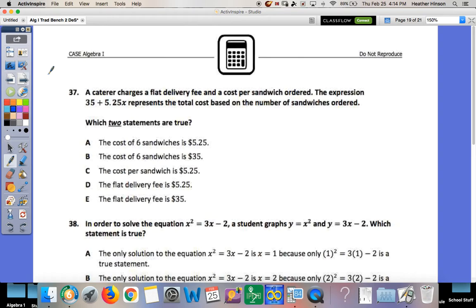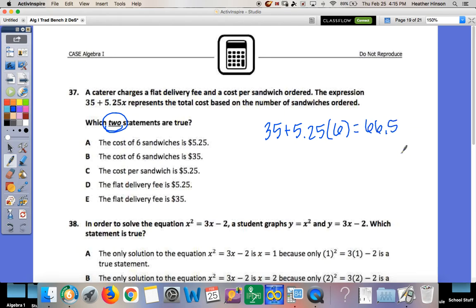37. A caterer charges a flat delivery fee and a cost per sandwich ordered. The expression 35 plus 5.25x represents the total cost based on the number of sandwiches ordered. Which two statements are true? So we're going to have two answers. The cost of 6 sandwiches is $5.25. The cost of 6 sandwiches is $35. So how much is 6 sandwiches? Well, if we plug in 6, we're going to get